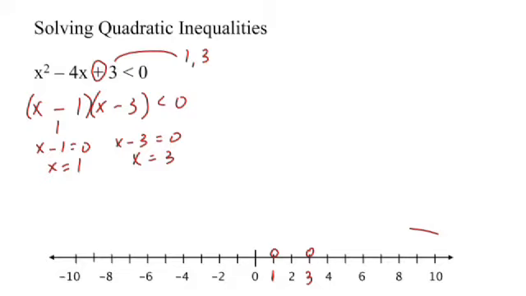So what we've basically done is broken all the numbers there are into 3 categories. Numbers smaller than 1, numbers between 1 and 3, and numbers bigger than 3. And we have to look at each of those 3 regions of numbers and see where the numbers are that make the original inequality true. Okay, so here's what we're going to do. We're going to test some points.